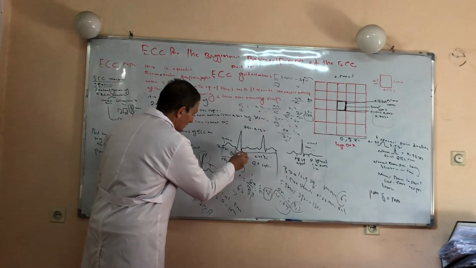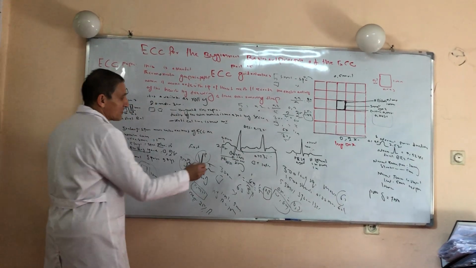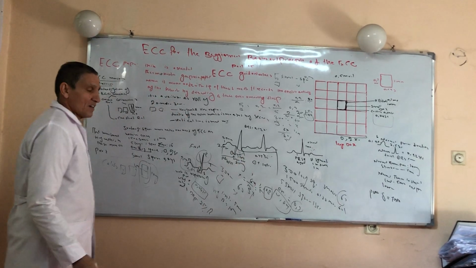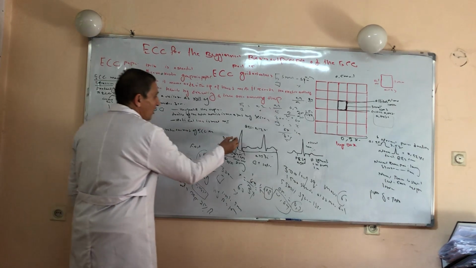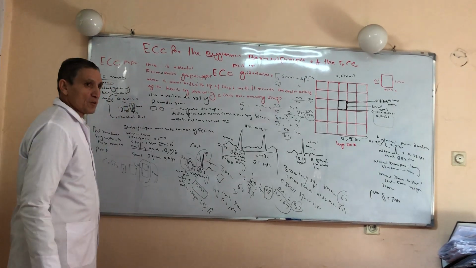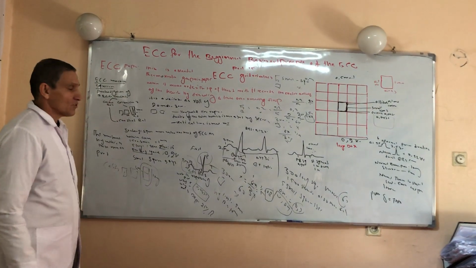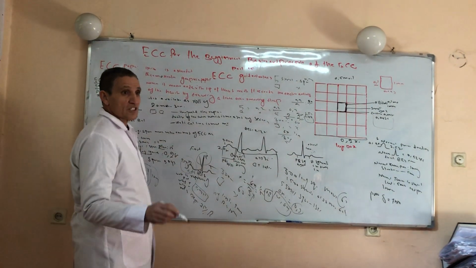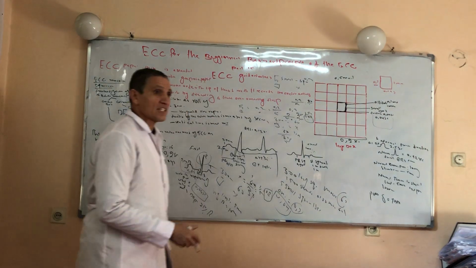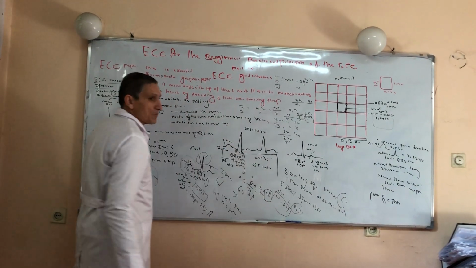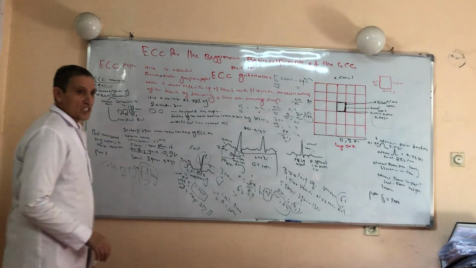Now we come to the QRS complex. The total duration of the QRS complex is 0.12 seconds, the upper limit. The R wave represents ventricular depolarization. It is a positive wave because positive charge moves towards the positive electrode. This is a strong wave. Why? Because the ventricle is thicker than the other parts of the heart. That is why it is large, strong, positive, and rapidly produced over the ECG paper.